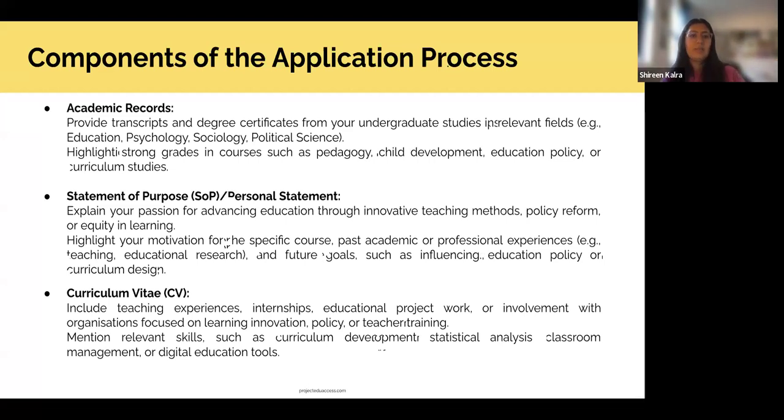And just very quickly, speaking of the last part, I think it's very important to have a very clear idea of what the course structure is, who the faculty are, what they specialize in, and if there are any specific research centers or research groups that you're interested in working with. Just let the person reading your SOP know that it's not an SOP that you've sent to every university you applied for, that you've tailored it to that university.